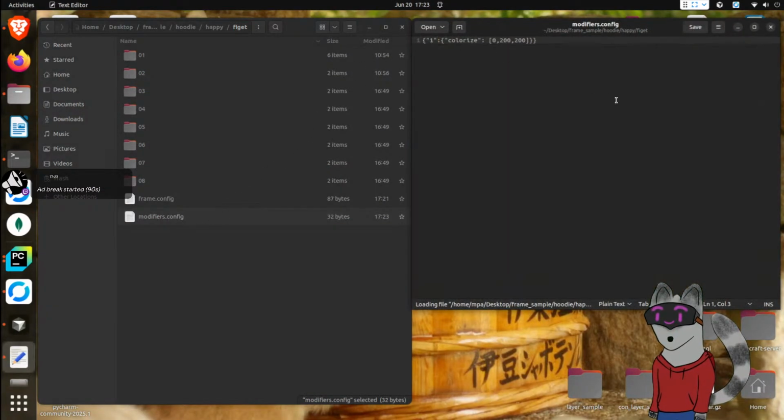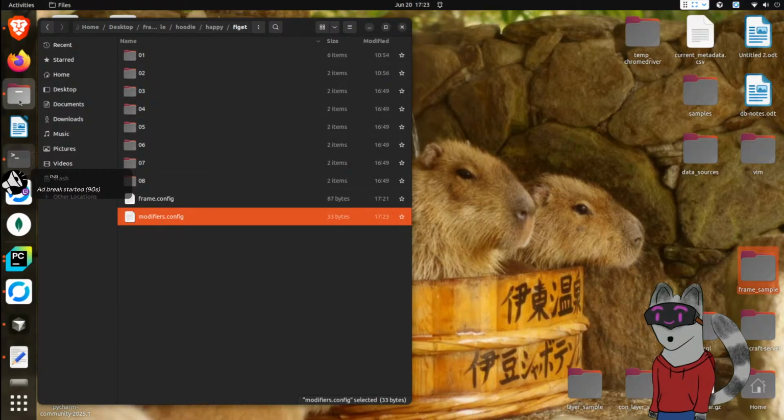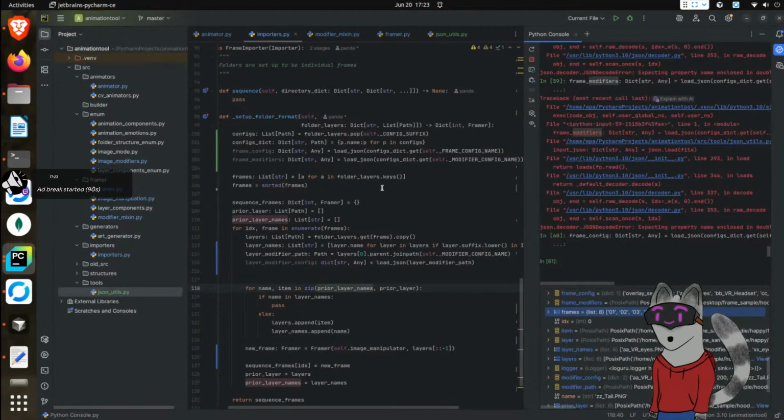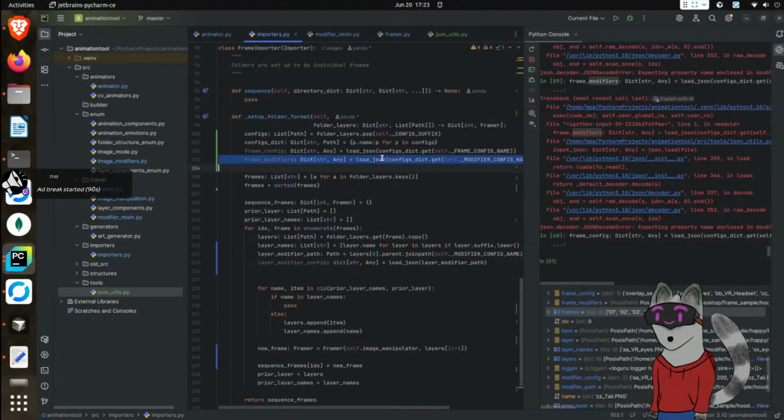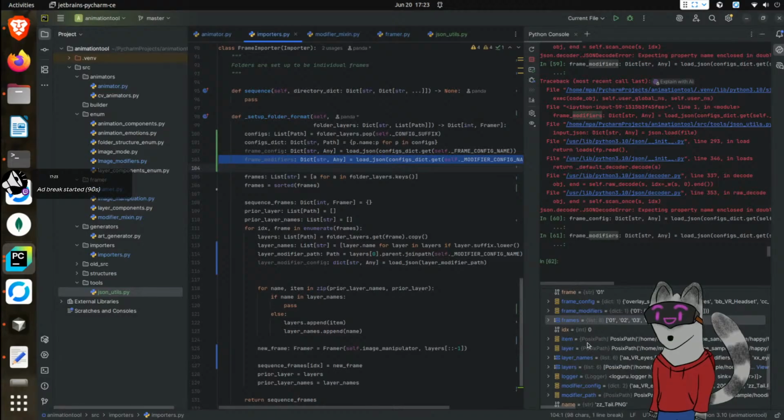Let's keep things a bit similar. There we go. All right, modifier. So we now have our frame modifier. We have the frame config, which is nice. And then from here,